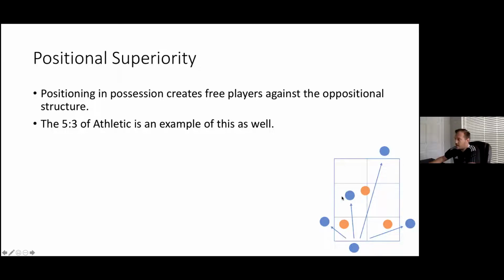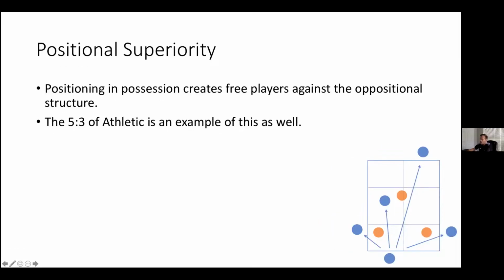So if this guy was here, this player could mark both these options by simply marking one of them. If they're both all the way up here, he can be between them and get to both passes. So being one's a little bit higher, one's a little bit lower, one's to the left, one's to the right, you create a positional superiority where no matter what decision the opponent makes, there's someone that can be open.